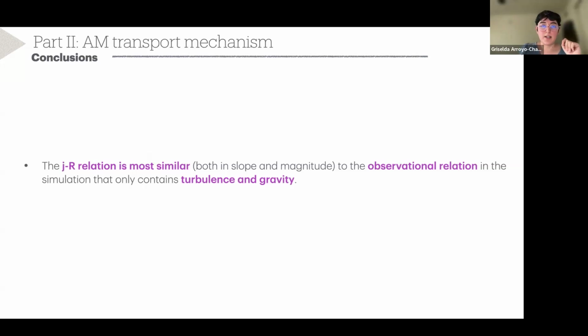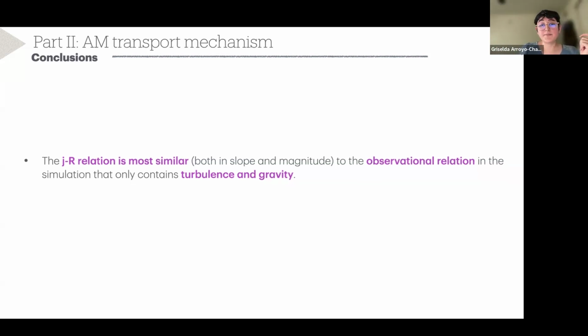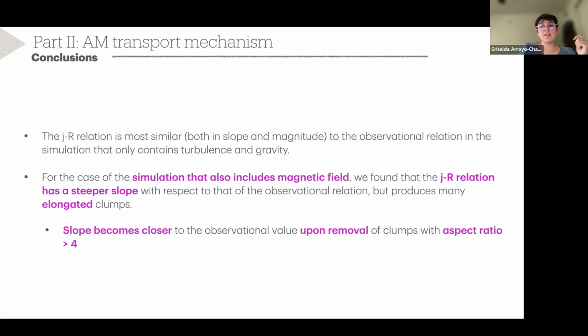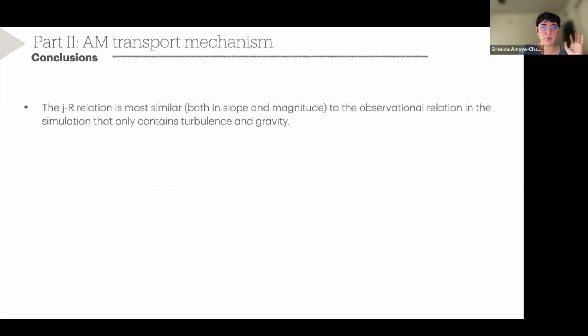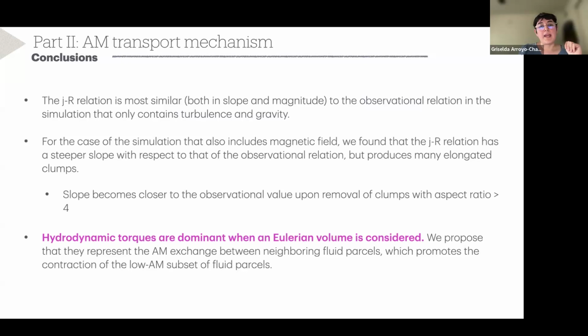So, conclusions to this second part. The j-R relation is more similar in the simulation that contains turbulence and gravity. With just turbulence, we can reproduce the magnitude, but we cannot extend this relation to different sizes as we can if we include gravity. When we add magnetic field, even though they are around the observational trend, most of the structures are filaments. If we remove these elongated structures, we end up with a relation of only three points. And the hydrotorques, which include turbulent viscosity, are the dominant ones. So in magnitude, we think that the angular momentum at these scales has been redistributed due to turbulent viscosity,